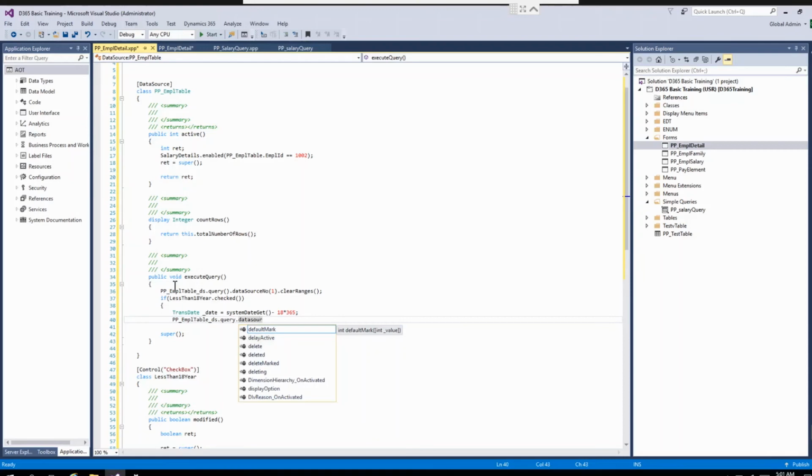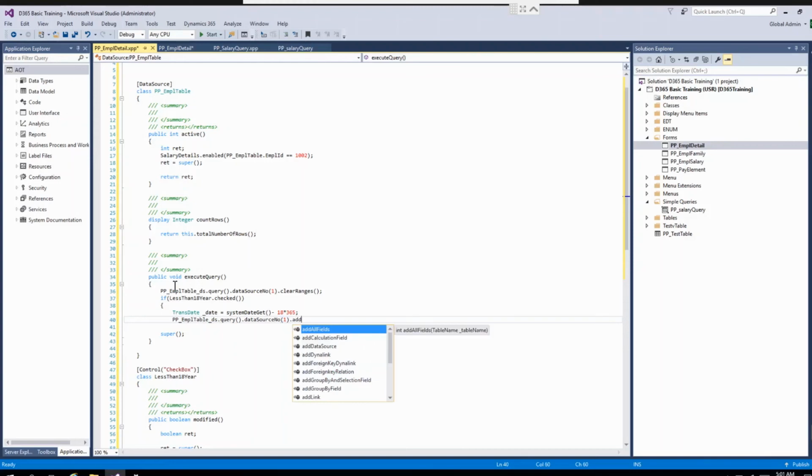Data source number dot add range. So I have to add range in my employee birth date field.